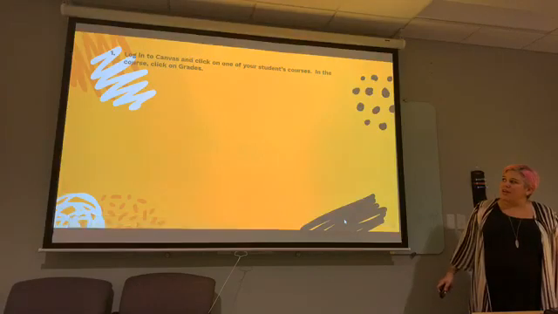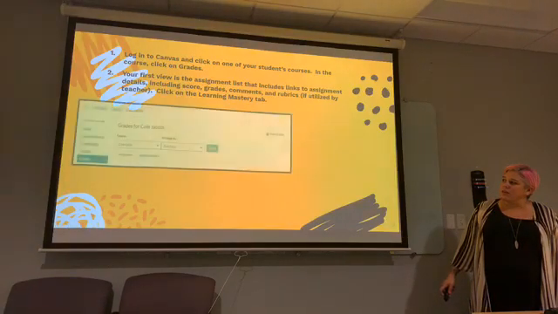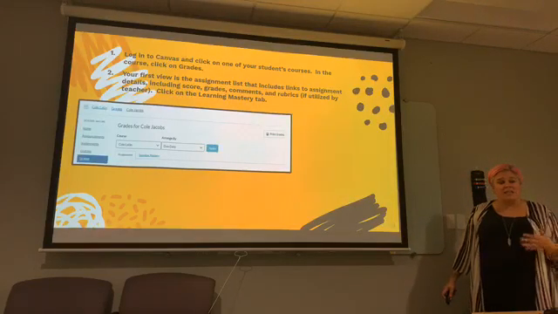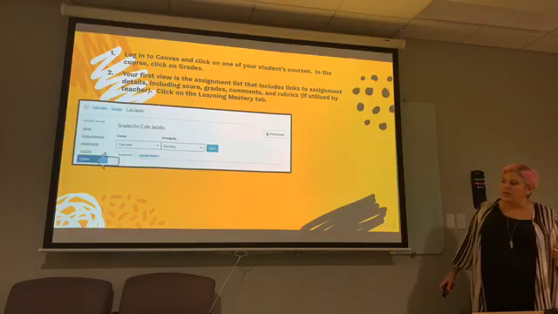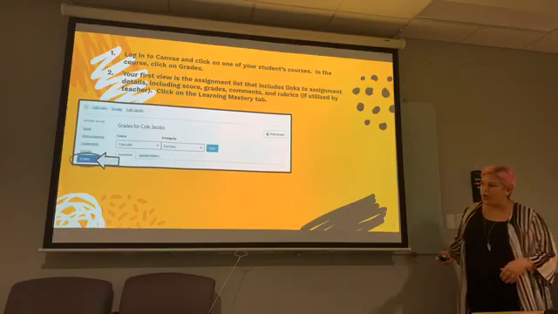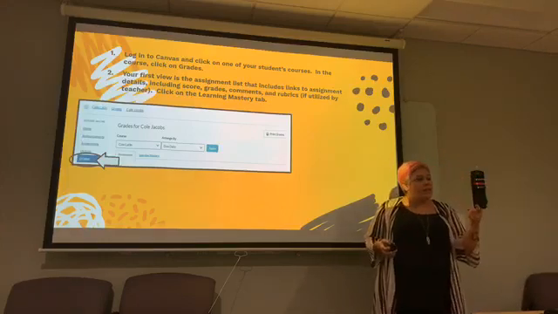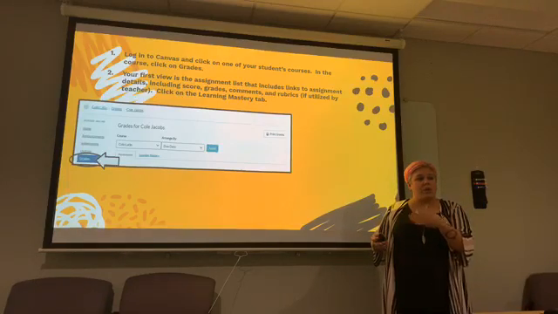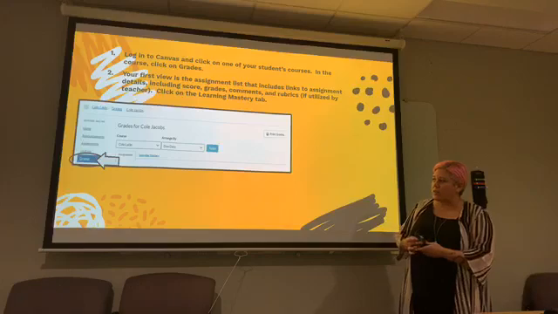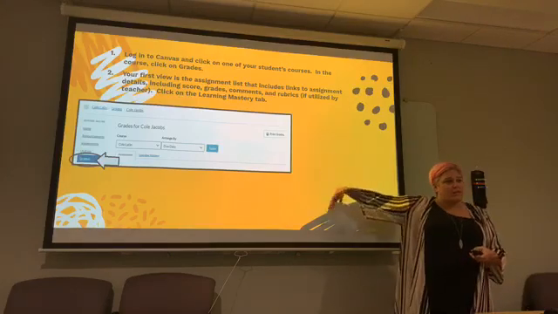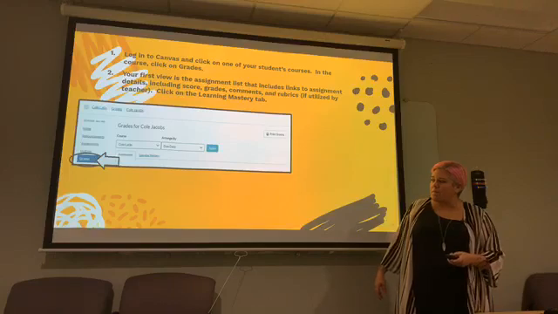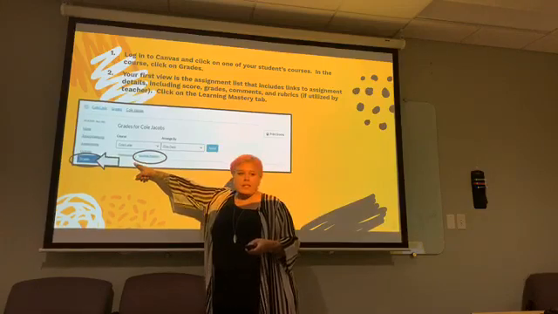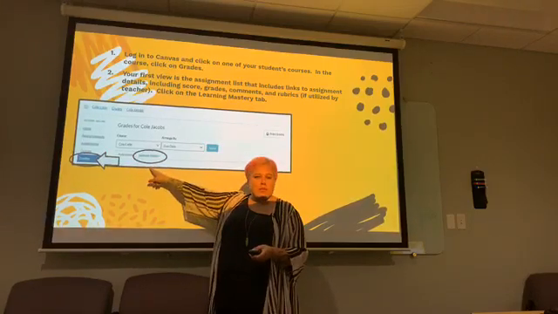So teachers are providing feedback through what is called the Learning Mastery gradebook side of Canvas. So you access it the same way you access your students' grades. It just is in a different tab. You could get to it by either clicking into a course and clicking on grades, or you can click view grades as we went to that list and then clicked into a course. So either way, you're going back to that same individual assignment list, except this time, instead of looking at their assignment list, you're going to click on the tab called Learning Mastery.